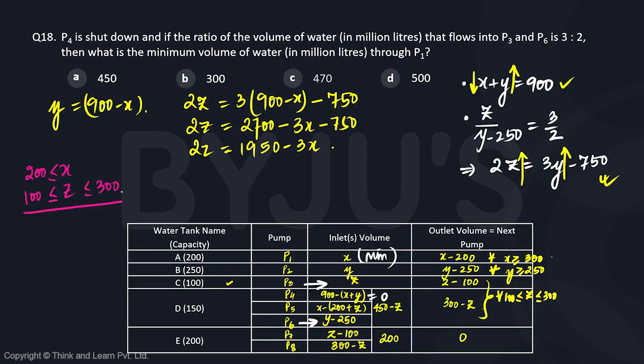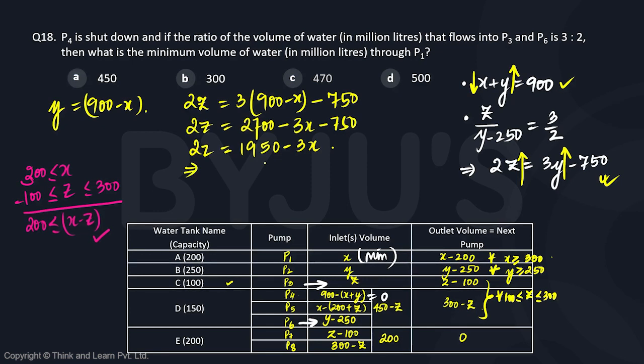So this is what we know of. So if we subtract, x is greater than or equal to 300. If we subtract, we will get x minus z is going to be greater than or equal to 200 for sure, right? If x minus z is greater than or equal to 200, now what we can do is we can eliminate x from both of these, or what we can do is